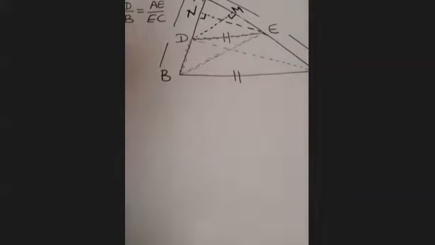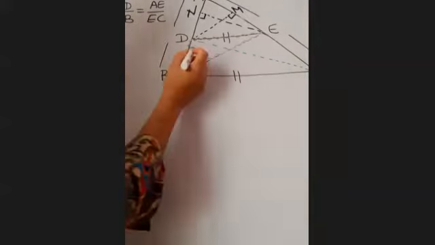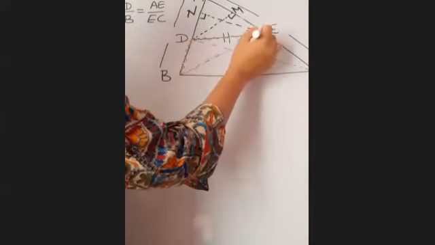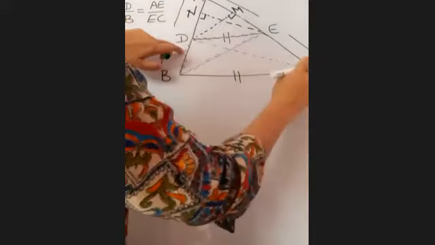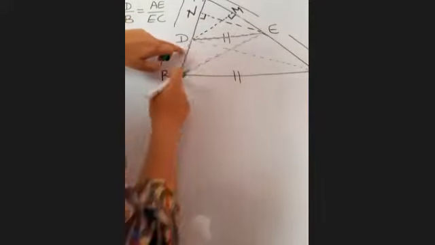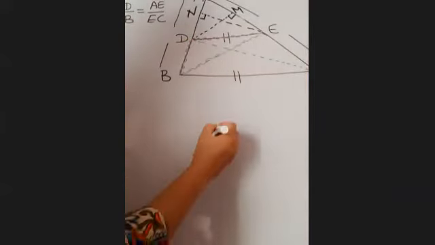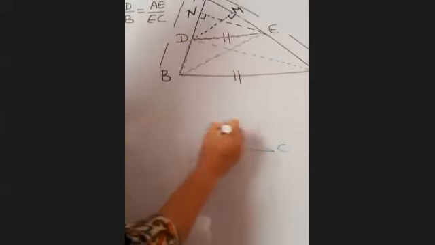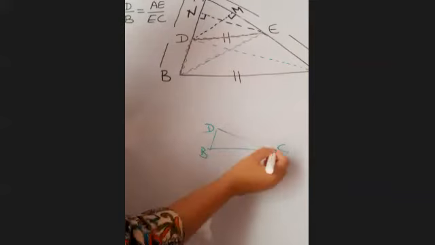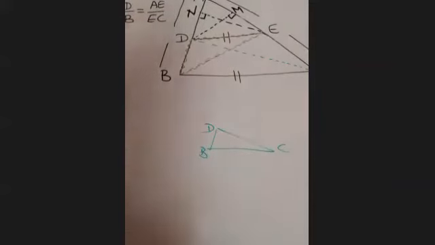Ma'am, I did not get this part. See, now beta, if I take DBE, I have this perpendicular EN for this obtuse angle triangle. But if I take DBC, I'm not having any perpendicular attached to it. DBC is this triangle, and I do not have any perpendicular attached to apply the formula of area of triangle. All right.